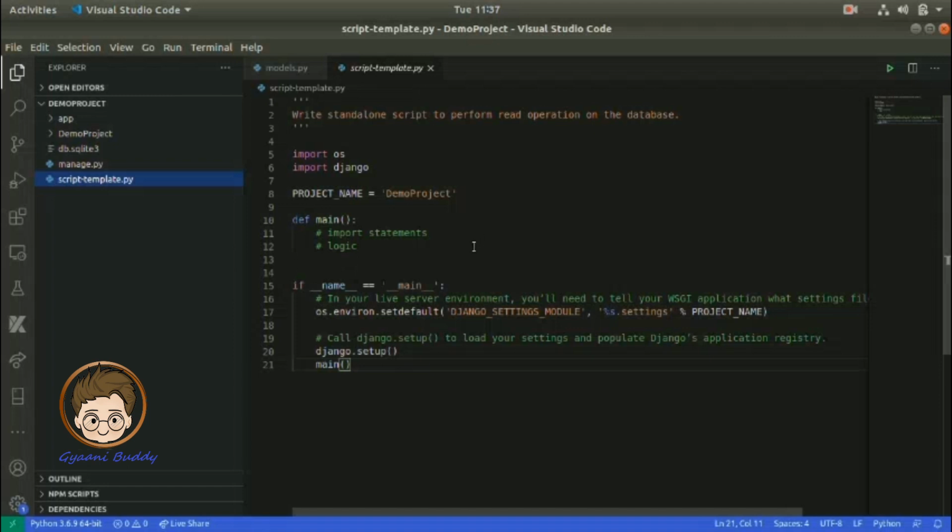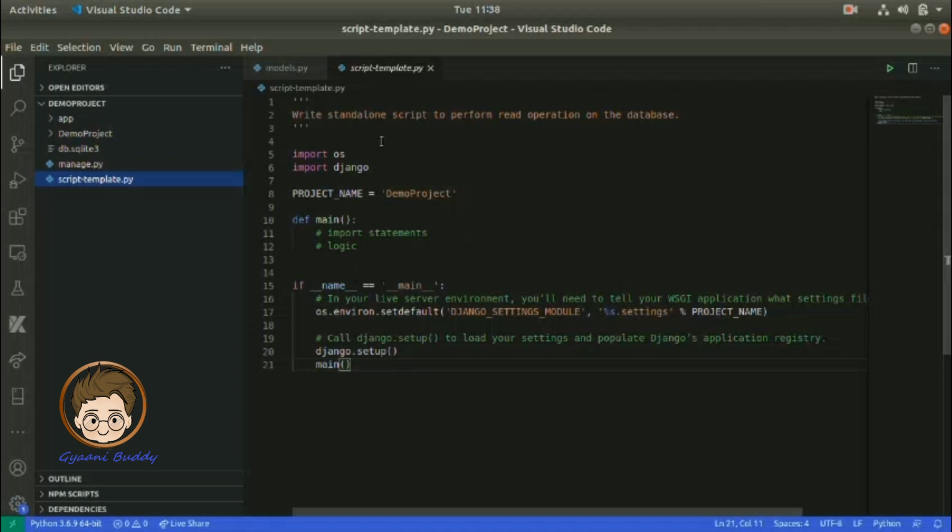You can use this script to do complex tasks. Like I have used it, and in further videos I will cover how to use this script to pre-populate data, like writing a script to populate thousands of database entries. And the second part, you can also use it to take database backups in the form of JSON, CSVs, Excel, etc. We will cover that in later videos. In this video we will see just the basics.